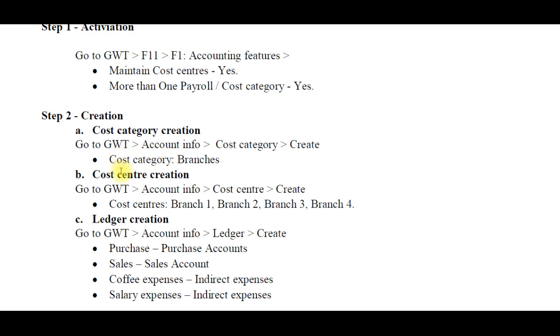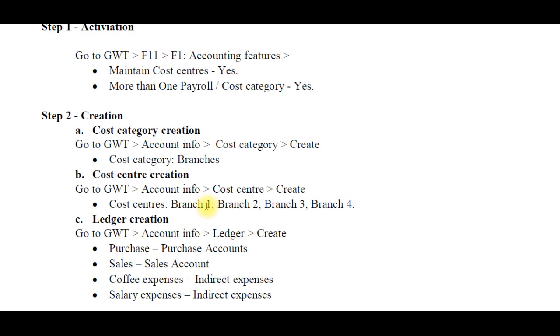Okay, and then we create the cost center creations. Cost center branch 1, branch 2, branch 3, branch 4. Here I say to you, every cost center gets one cost category only. But a cost category can have more cost centers.